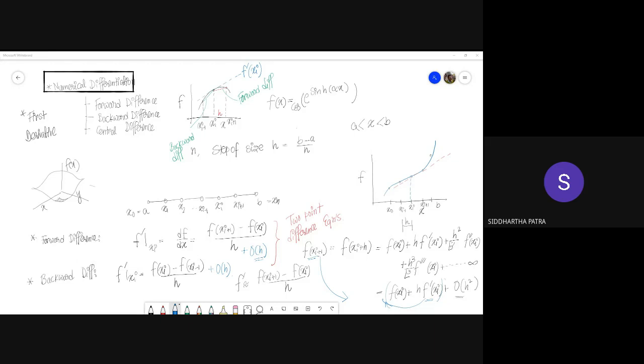Achha, what else did we know? We know that the step size also matters. If we reduce the step size, if we take more number of steps in a given interval, there also we are able to get higher accuracy by taking more number of steps. Okay, so this is what we know so far. Another thing that we know, that we would be calling these expressions as 2-point difference equations.